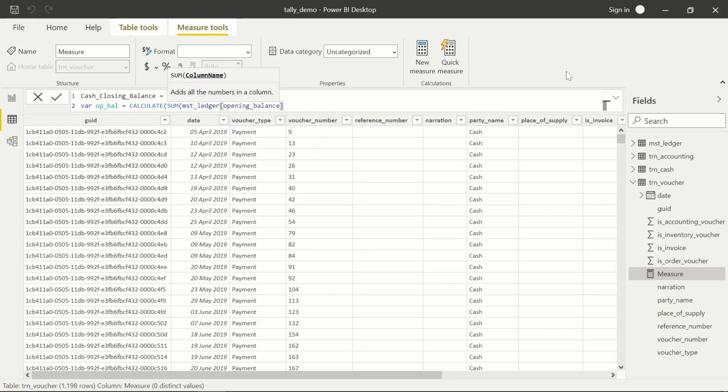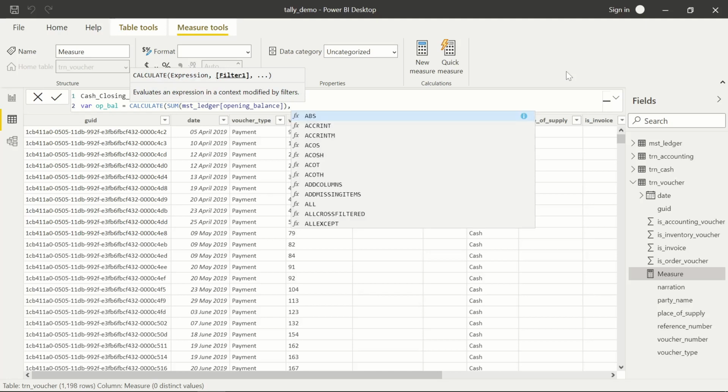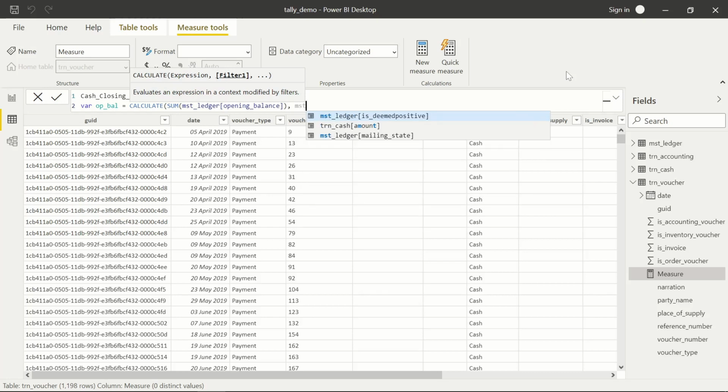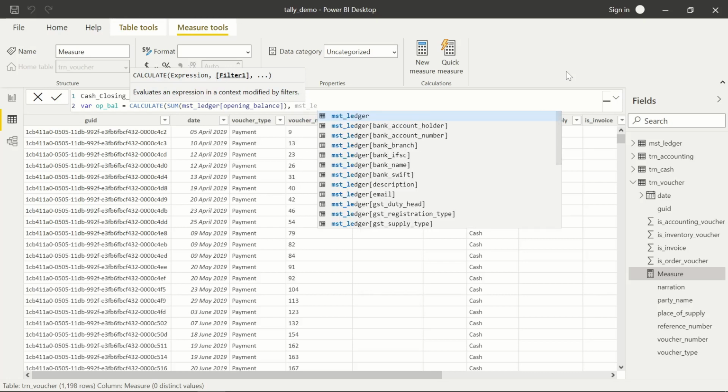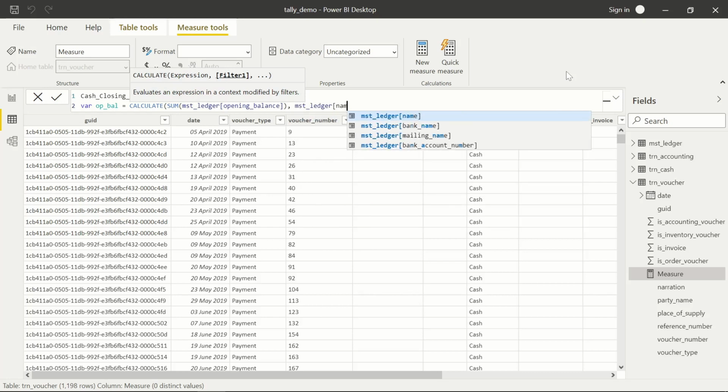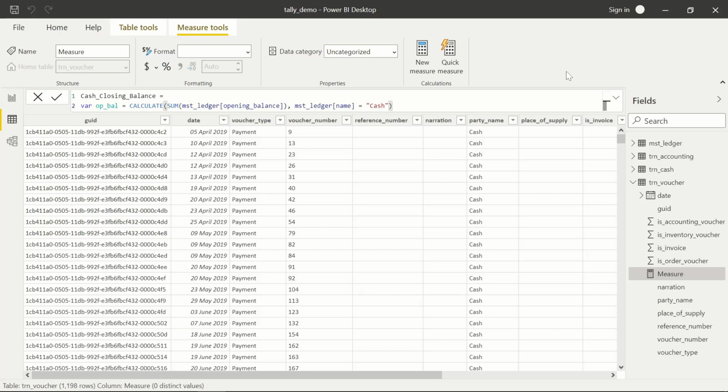So let us quickly apply sum to opening balance, and in the filter we will say that our ledger name should be equal to cash. So naturally only one row would be coming.